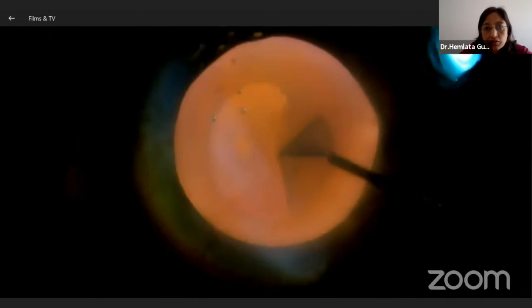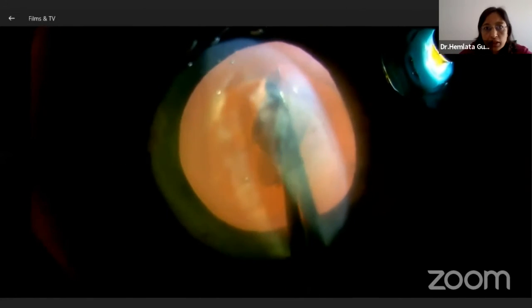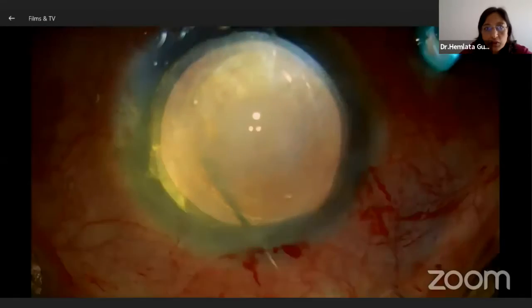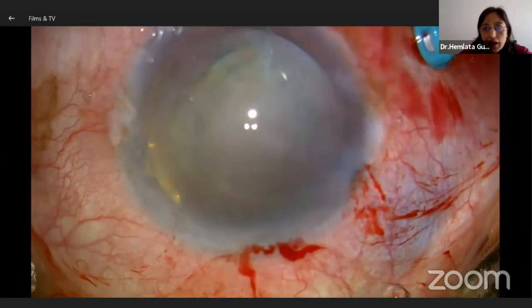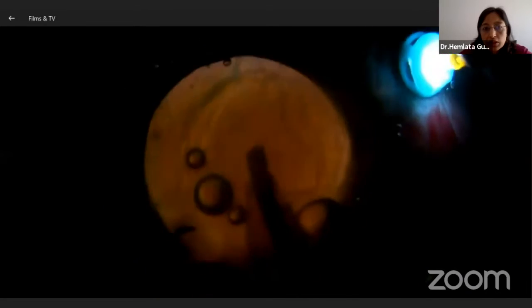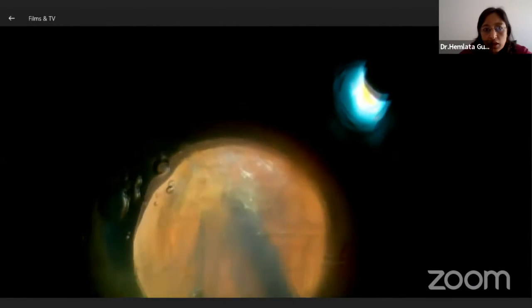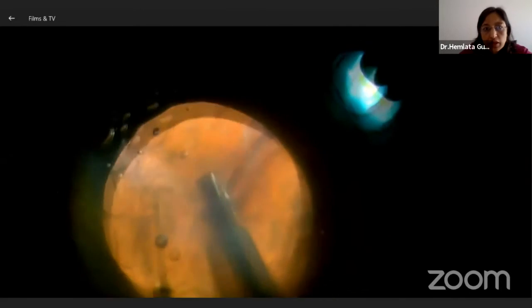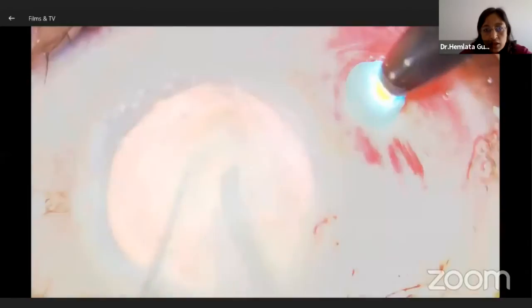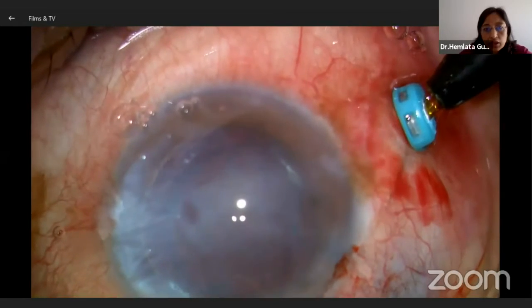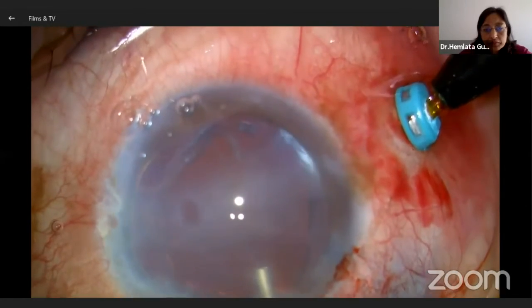Under excellent visualization, I could do the capsular access safely. And here we are doing hydrodissection. See, after hydrodissection, the visibility goes down. But with the chandelier illumination, we get such good depth perception that makes our chopping also easy. We can visualize the posterior capsule and anterior capsule margin, and complete the emulsification of the nucleus fragments safely.